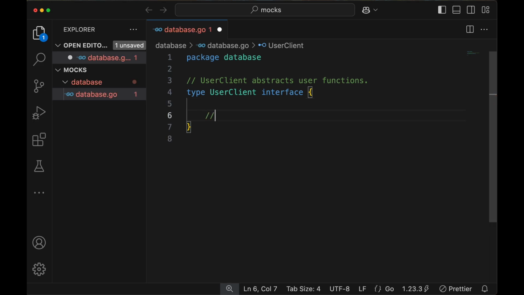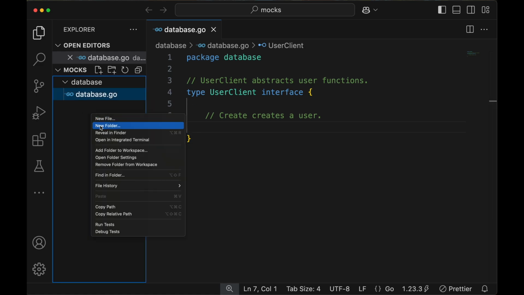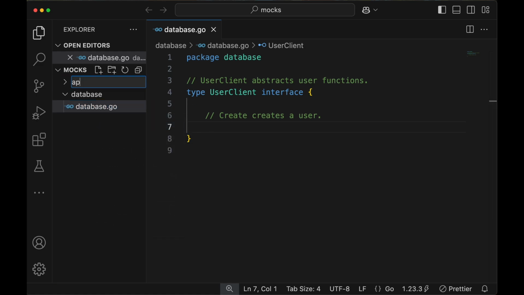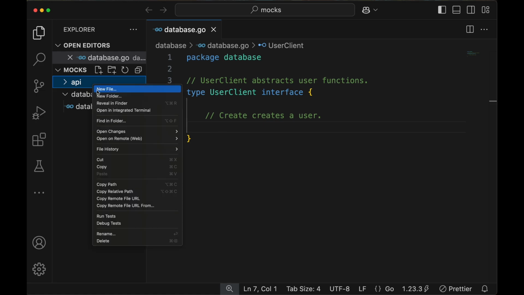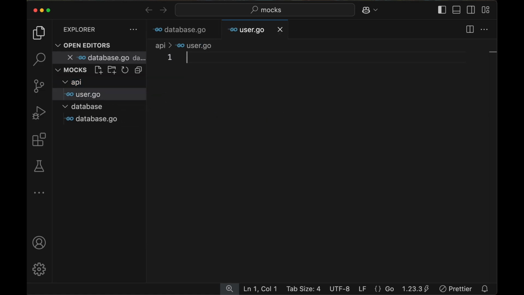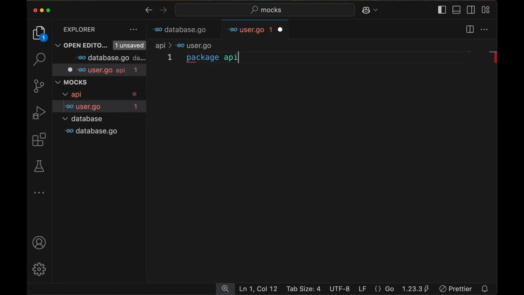And now I can define the interface methods. So let's start with create. So create typically creates a user. Now before all of this, let's create a user. So I'm going to create an API package and a file called user.go, and of course set the correct package name. And here I can create a user,